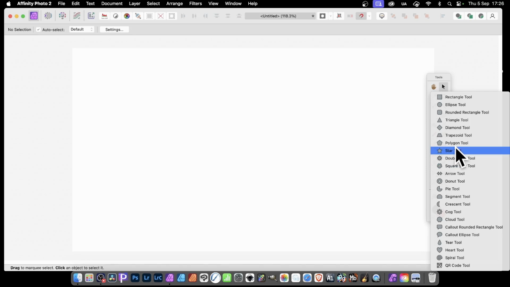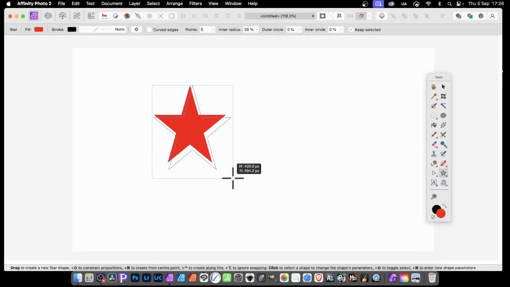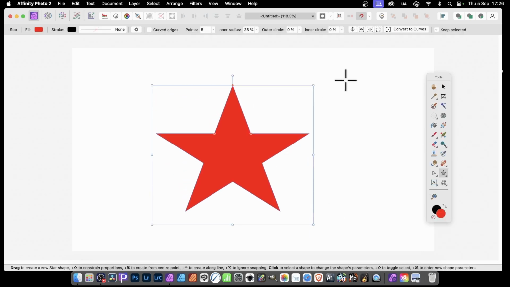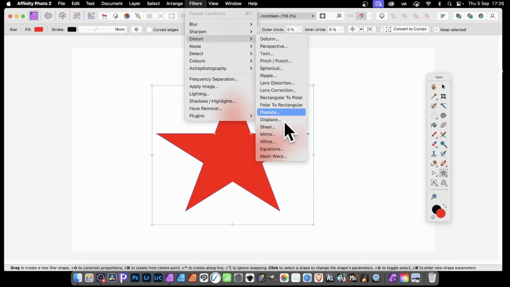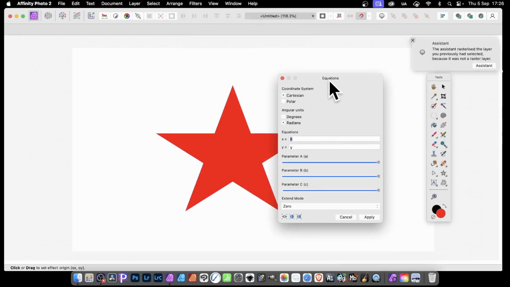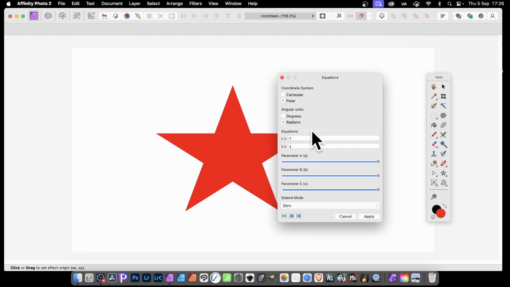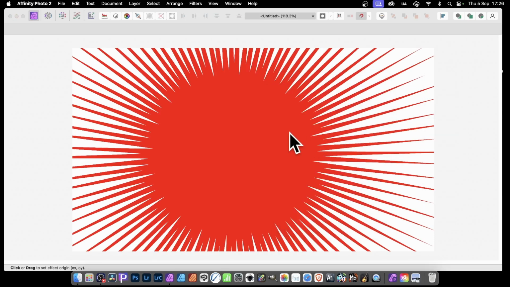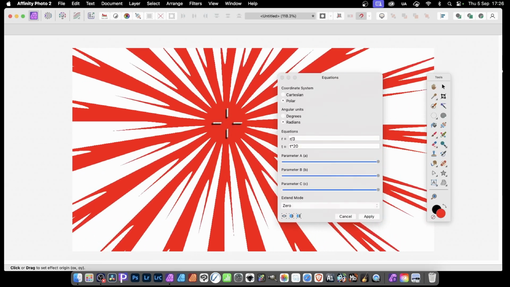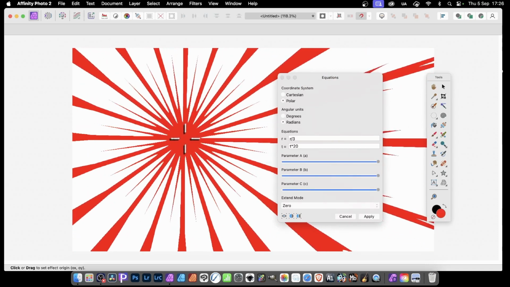So Starfle, really good one, and apply. With that, you can then go to Filters and go down there to Distort and Equations. So in Equations, you can create very simple equations. Simply go to Polar and r divided by 3, just makes it a bit bigger, and then t times 20. Doesn't look very much, but what you can do, you can just change the origin point,